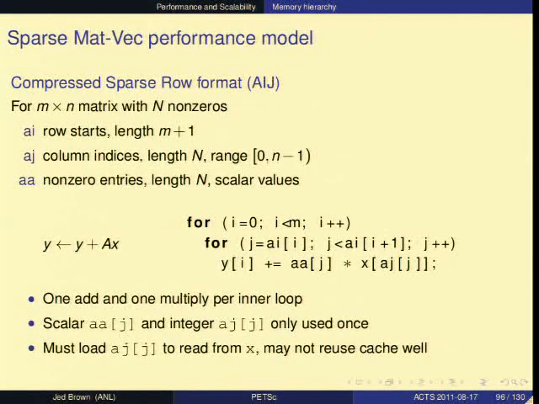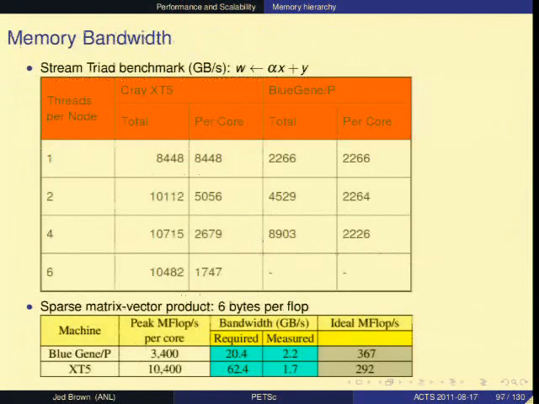The typical kernel, if you have some compressed row storage, has a loop over the rows and a loop over the columns, and you extract from the vector the value for that column and multiply it by the matrix entry. You never use the matrix entry or the column index again. So you had to load those, and you throw them away.